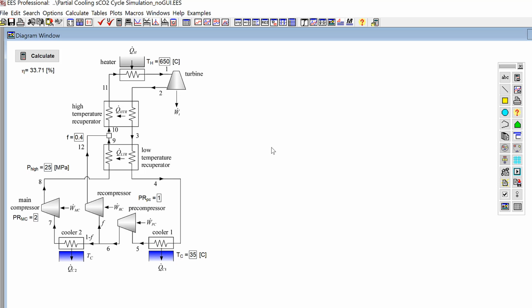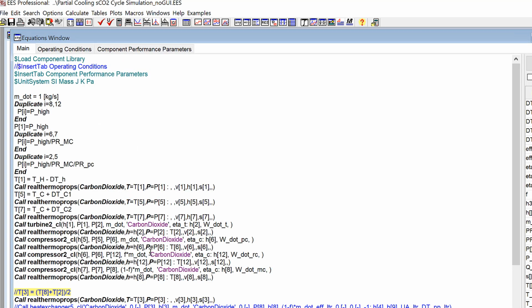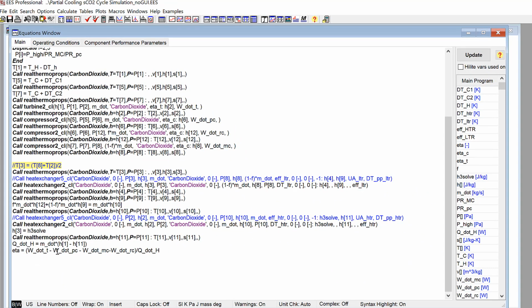Maybe the next thing to work on is actually getting a TS diagram to show up here. And really what I'd like is a TS diagram that has all these state points on it and actually has isobars that correspond to the actual pressures associated with the cycle. And you can do that pretty easily with the directive called the $PropertyPlot directive, and then another one called the $OverlayPlot directive. So let's go back to the equations window, and then down here at the bottom I'm going to